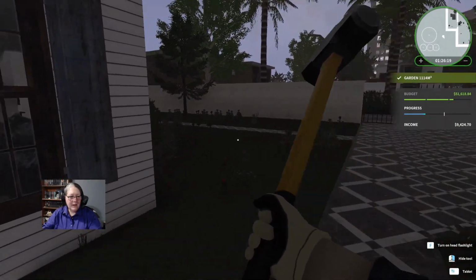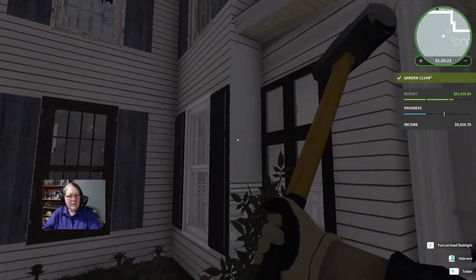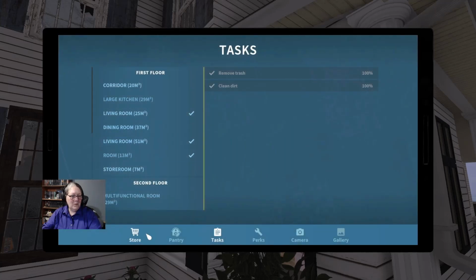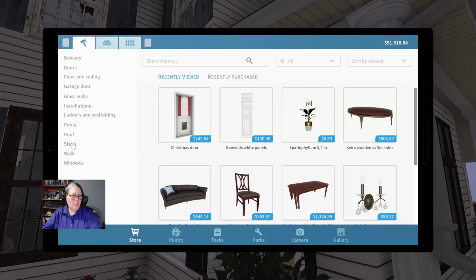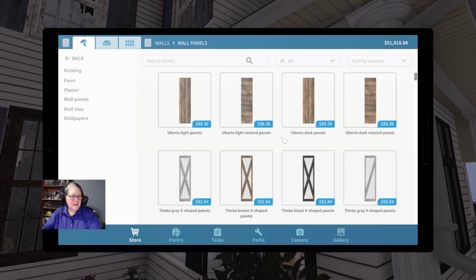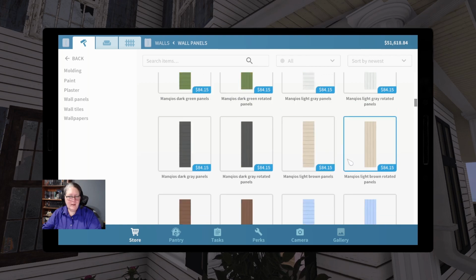Alright, that's fine. The path was everywhere. We were okay. Now, our little mistake here. It looks a little odd. What we're going to do is just fix it. We will grab our store, we will grab our walls, we will grab our wall panels, and we will look for some horizontal white